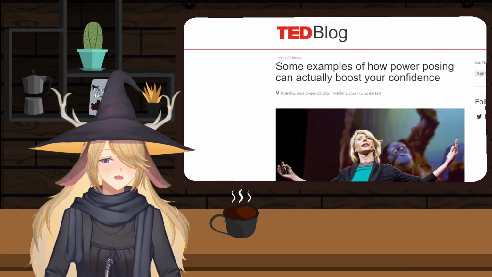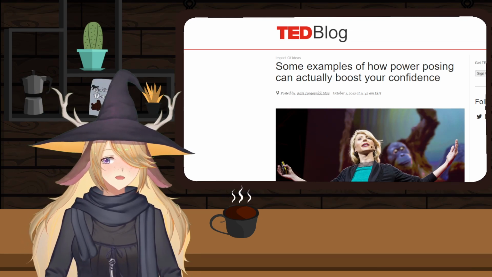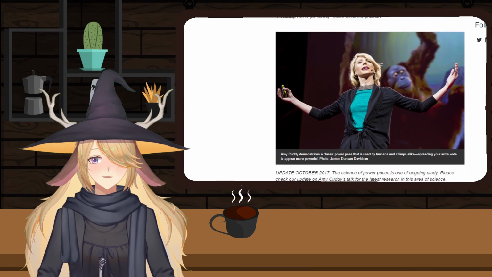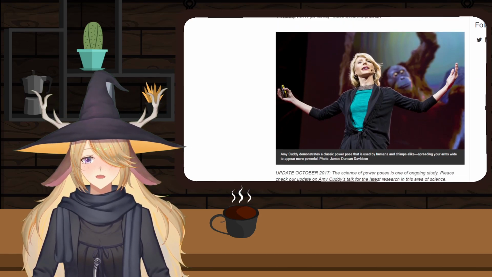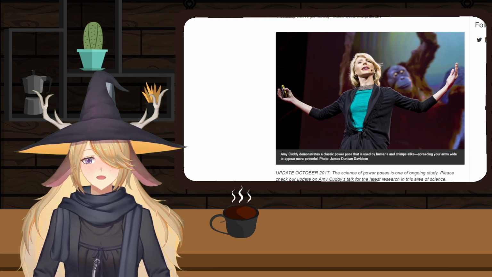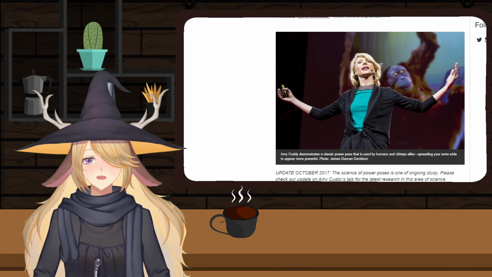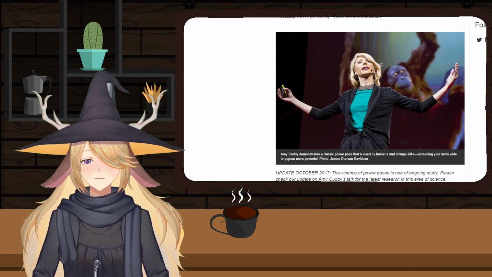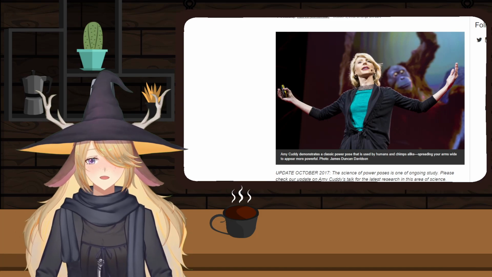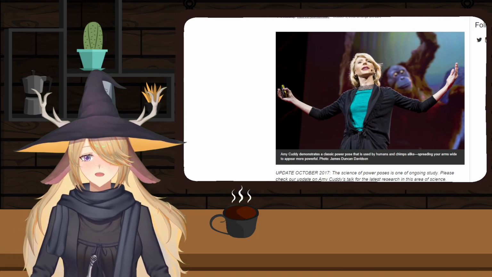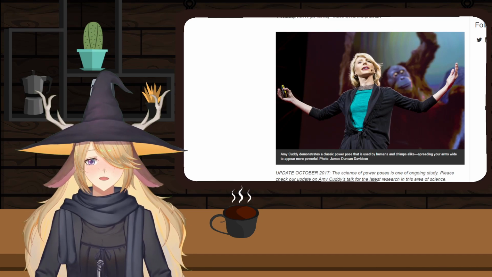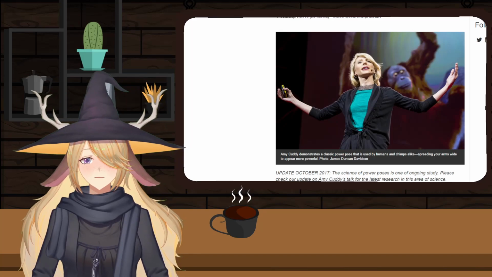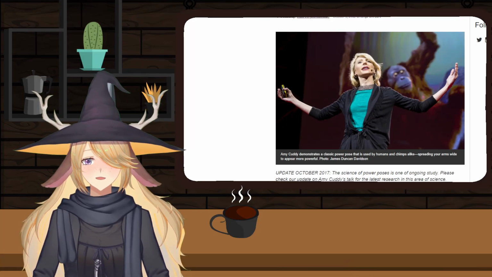Yeah. Some examples of how power posing can actually boost your confidence. This was back in 2012. But I was actually at a conference where Amy Cuddy had to give an apology tour about how she would have been bullied for being a bad researcher. I'm sorry, but when your co-authors are telling you that you weren't even the first author on that paper, and you wrote it to a TED Talk, and you wrote it to being one of the most powerful and influential pop psychologists in the world, and you got tenured at Harvard, and you made boatloads of money doing expensive TED Talks and power posing symposiums, you don't get to do a pity tour. You did bad science and own it.